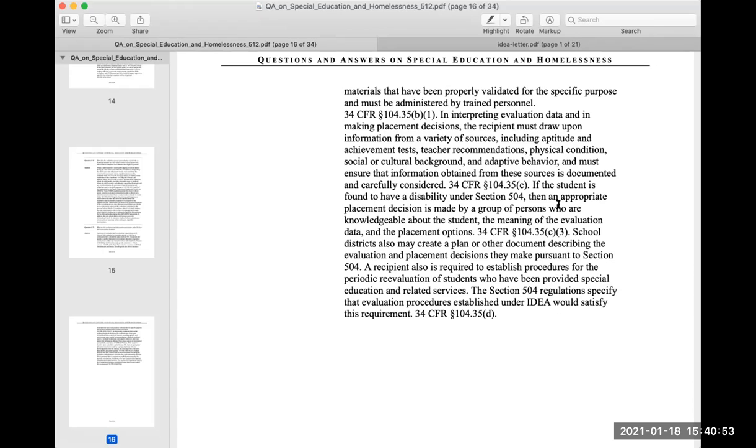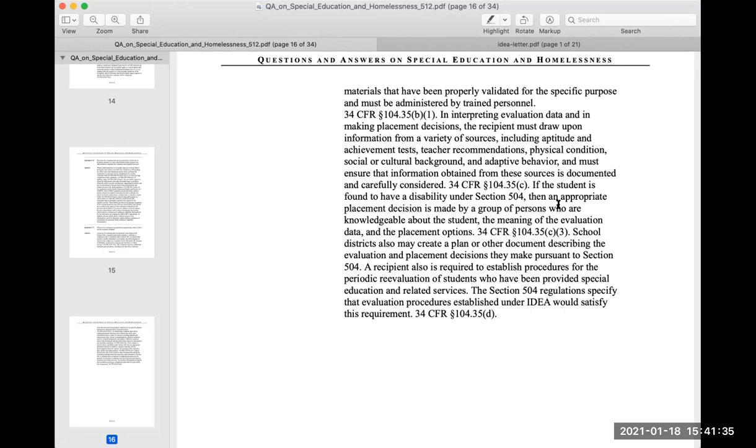including aptitude and achievement tests, teacher recommendations, physical condition, social or cultural background, and adaptive behavior, and must ensure that information obtained from these sources is documented and carefully considered. 34 CFR paragraph 104.35(c). If the student is found to have a disability under Section 504, then an appropriate placement decision is made by a group of persons who are knowledgeable about the student, the meaning of the evaluation data, and the placement options. 34 CFR paragraph